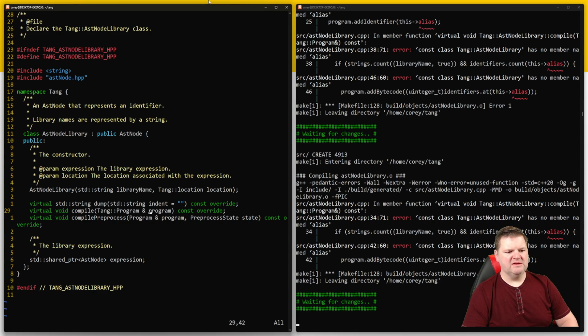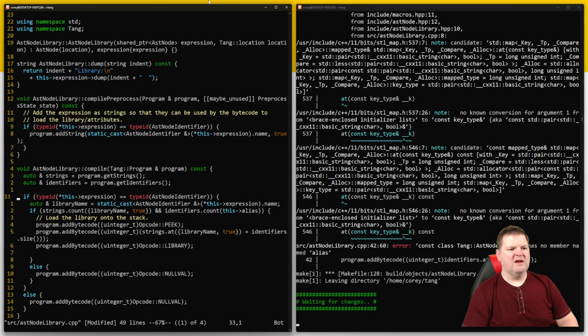Might as well. Because now we're not conflating the two, this is just the library name. Okay. Now, in our constructor,